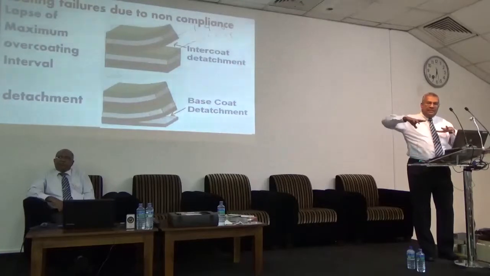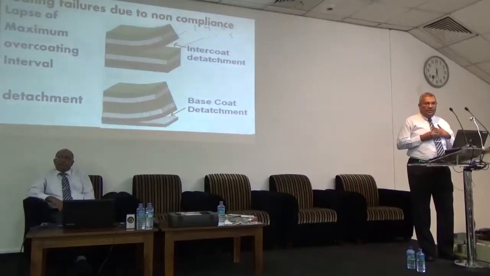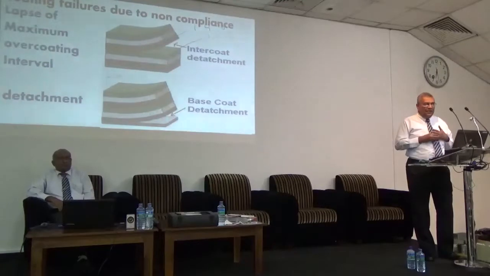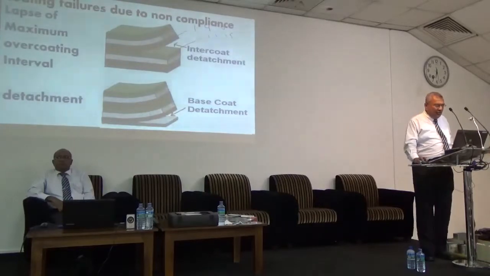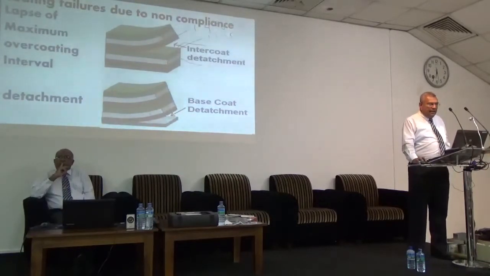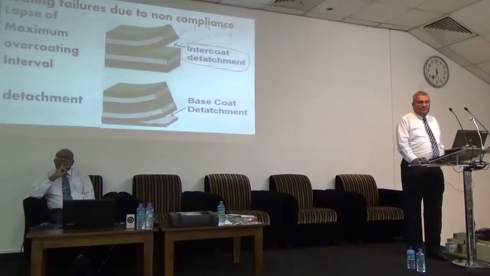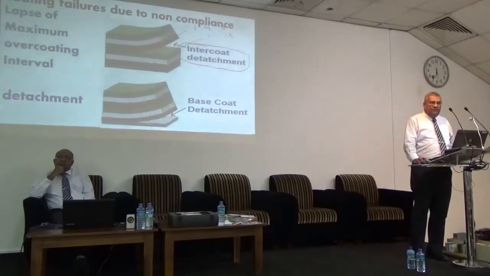Because once the paint is detached, the important thing is, okay, it can detach. But you people, good people should know why it has detached. There should be a reason. So these are the reasons. If the paint is detaching, they should find a reason. So this is called the intercoat detachment. Now we have so many issues.